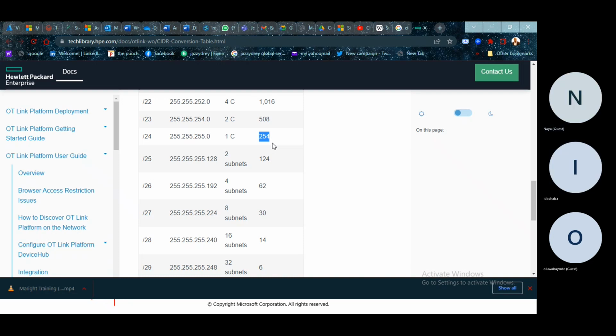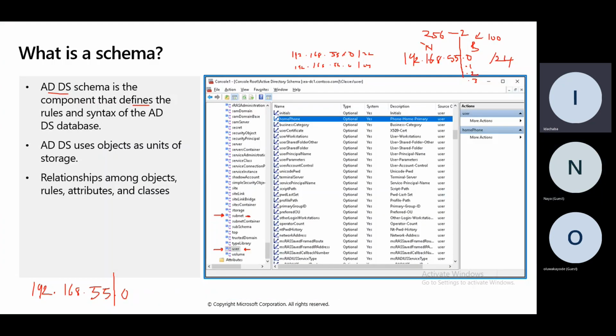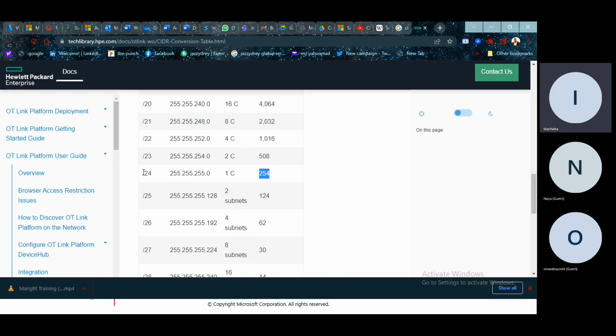Do you get what I'm saying? When you talk of subnet, I gave you an idea: for example, if you have this network IP address at work, and they say it's /24, that's the network of a particular company. What does it mean? It's simply telling you that your /24 has the ability to contain 254 computers. Do you get the idea?